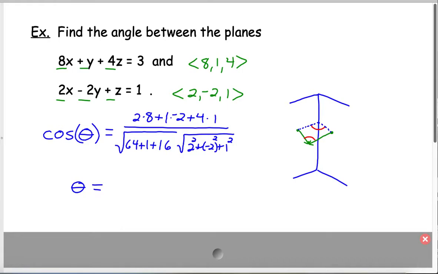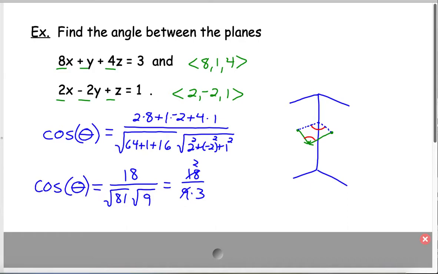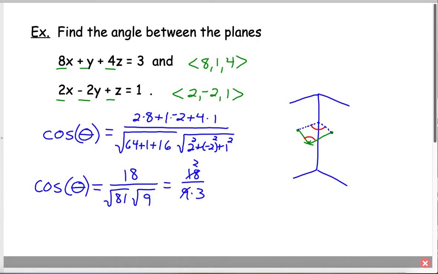So we get 16 minus 2 plus 4, so we get 18 over the square root of 81. 64 plus 1 plus 16 is 81, right? So that's 9. And then the square root of 4 plus 4 plus 1 is 9. Well, that works out nicely. So we get 18 over 9 times 3. So the cosine of theta is equal to 2/3. So theta will be the inverse cosine of 2/3,